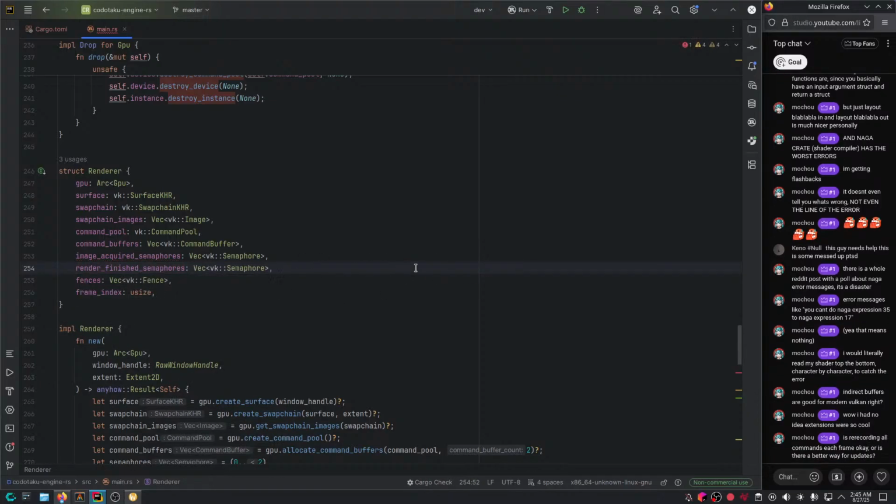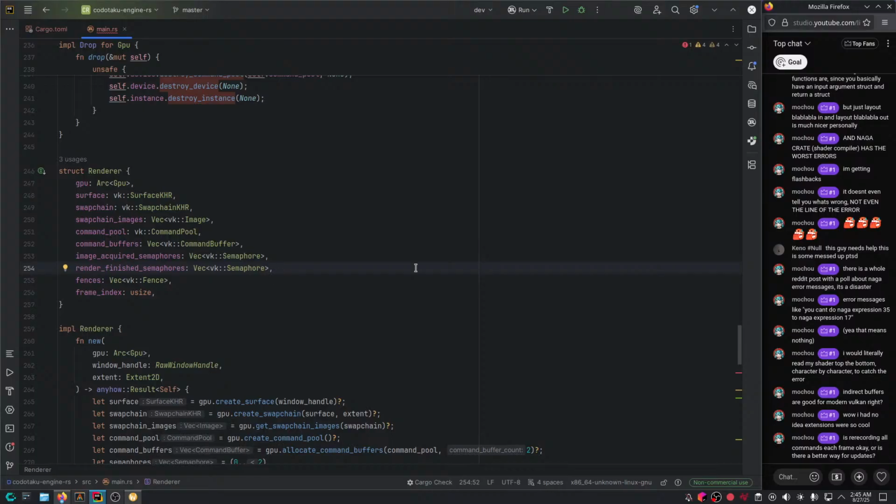Is re-recording all commands each frame okay, or is there a better way for updates? I mean, you could pre-record that, especially here, we have a very simple command buffer. If nothing changes every frame, which is the case here, but it doesn't really matter. In fact, if you do anything trivial that any application would do, you would need to re-record it every frame anyways, right? So it's not really much. So yeah.